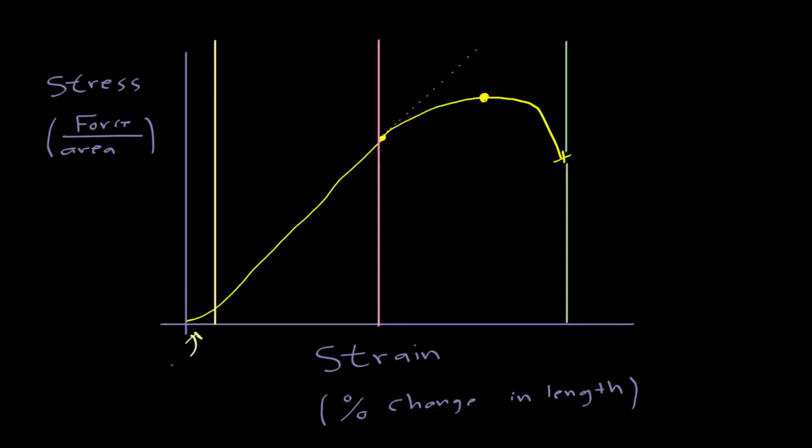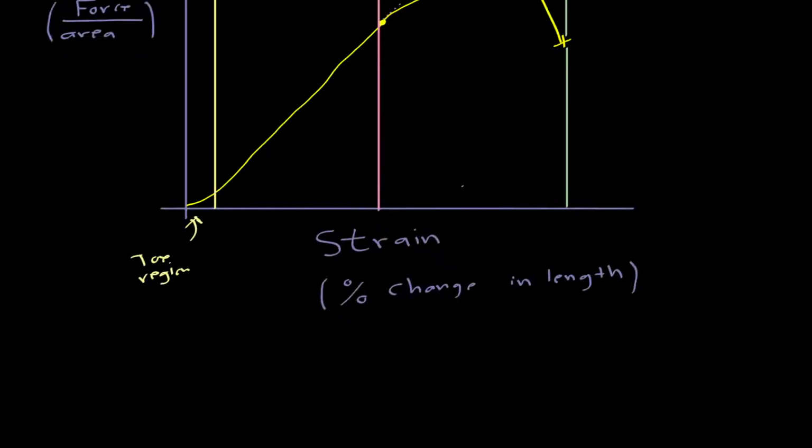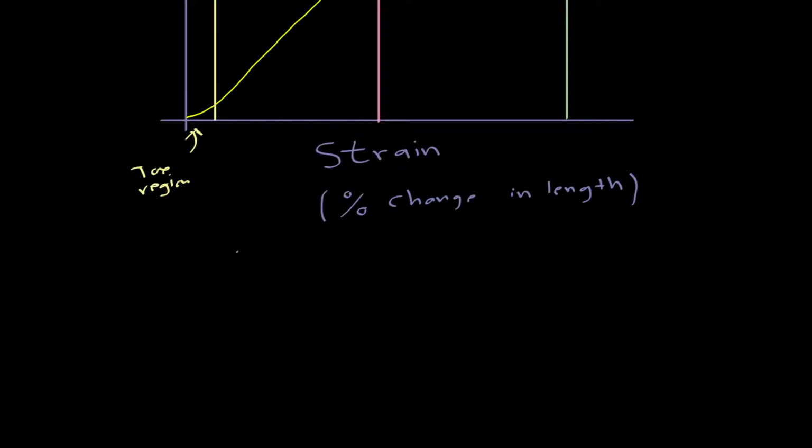There's this little region down here called the toe region. Not every material has a toe region like this, and when we talk about bone versus cartilage versus ligaments and tendon, we'll understand why. But then there's this big linear region right here. And if you want to imagine what's going on in the material, let's say we're imagining our Achilles